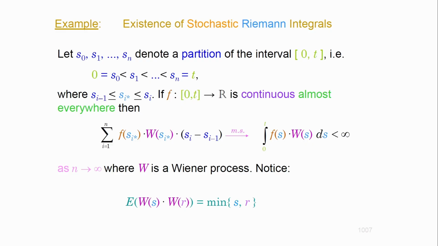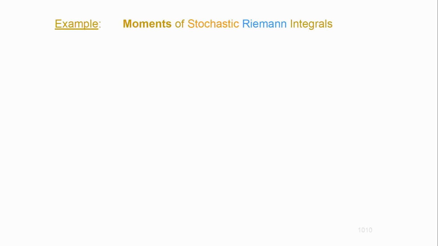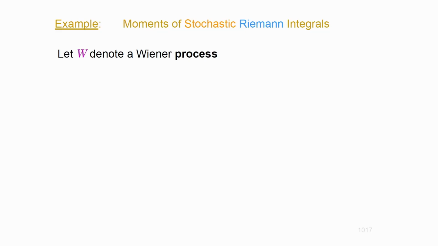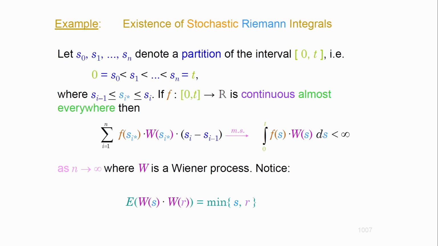And then of course I would need to address the expectation and so on, so you would be able to apply it. Again, W is a Wiener process, and as you might remember, what you see is the autocovariance of the Wiener process. I'm not sure if you remember this, but we were looking at the random walk as well. The random walk and the Wiener process coincide with each other when it comes to that, because that turned out to be the minimum of the time points.